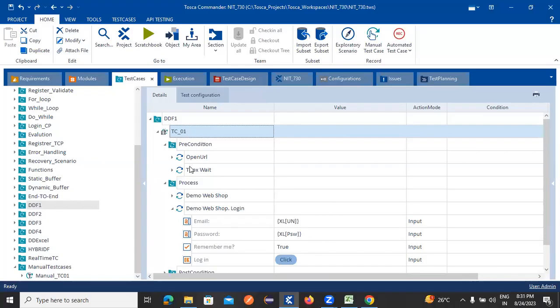Okay, next line. Once the template is created,